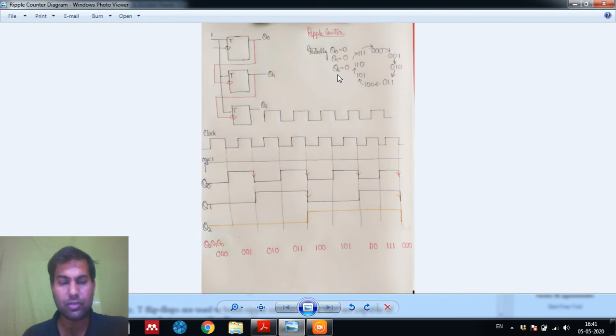Bubble clock, as you can see the bubble at the clock input, so they are negatively edged, right? For T equal to 1, and for all the flip-flops J equal to K equal to 1, it means T flip-flop means J and K are given the same input. So this means that each flip-flop complements its value, as you can see